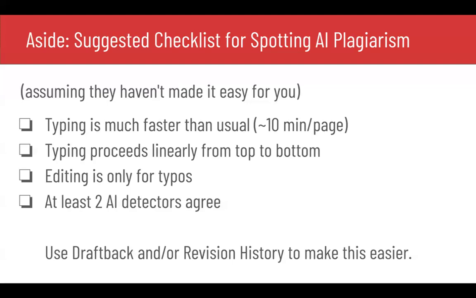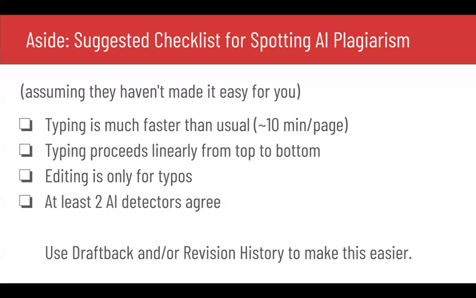So this is based on real world experience for me because I had a class fairly recently where roughly a third, maybe a fifth of the class tried this version of plagiarism where they would not copy and paste the output of the AI chatbot, but look at the chatbot's output in another window and manually type it into their document. So it wouldn't appear as a copy and paste in the document because they knew I was looking for those. Now, assuming that students are doing that, and this is a relatively savvy way of using AI to cheat on assignments,